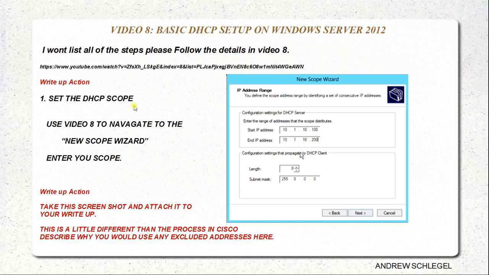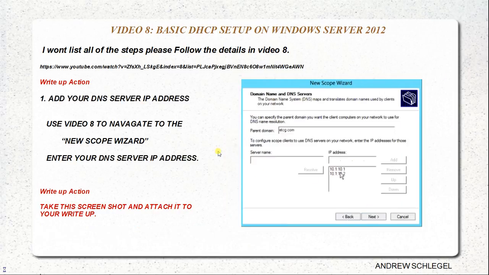Okay, set the DHCP scope. Keep navigating. Follow his videos. Navigate till you get to this window. Set the scope. You'll notice this is a little different. In Cisco, you just define the network, and then everything in that network is included in the scope, and then you just exclude the addresses you want to. Well, here you're actually defining a scope, right? And then you're given the option to exclude. So describe why you would use excluded addresses here. Why is it a little different than Cisco? Just think about it a little. Okay, so